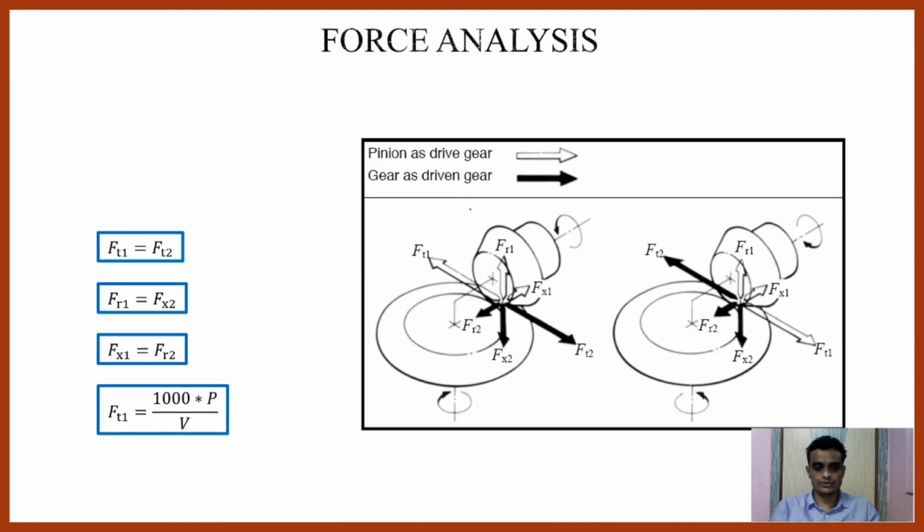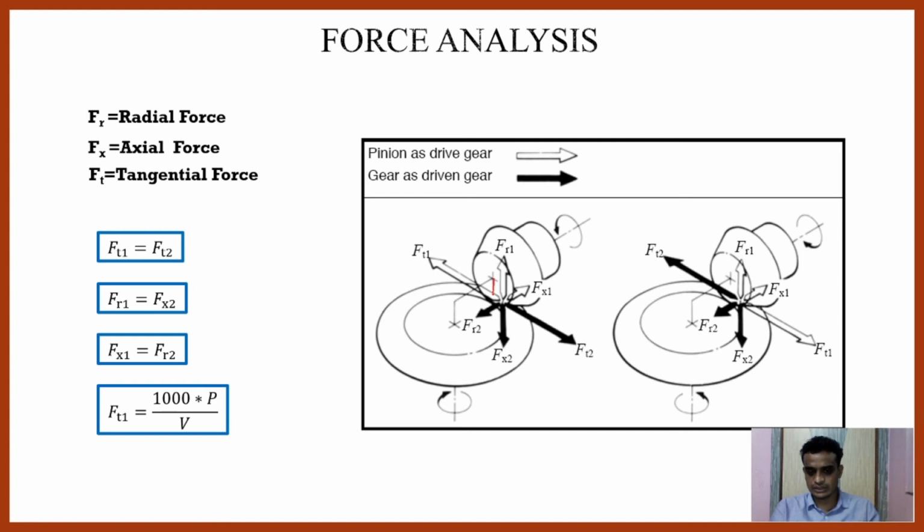Now we'll do the force analysis. Now this is one shaft, one gear, a bevel gear. This is another, which is the counterpart of this, whether it rotates in the clockwise or anti-clockwise direction. Just try to understand this. There are three forces again: radial force, axial force and the tangential force. Radial force is towards the center. One is the tangential force which is like this, and one axial force which is like this.